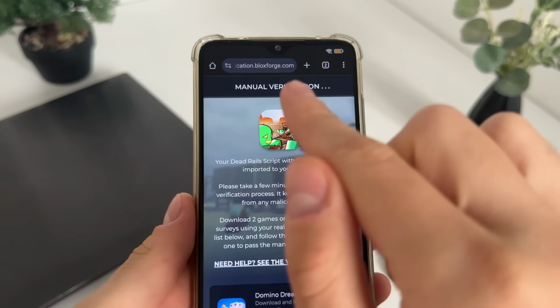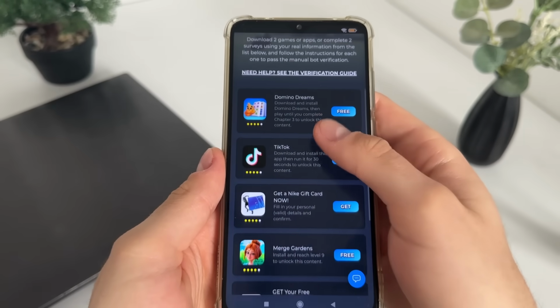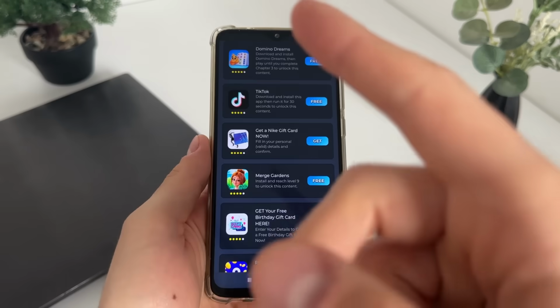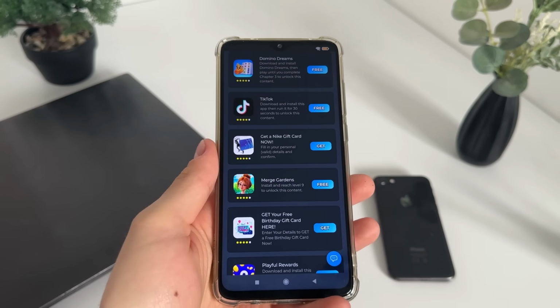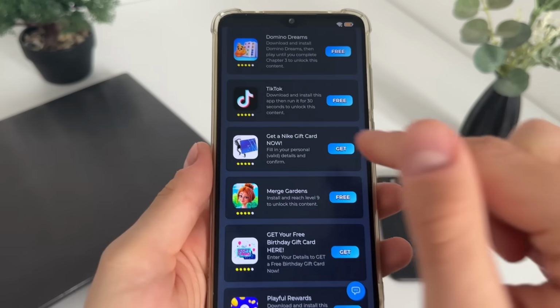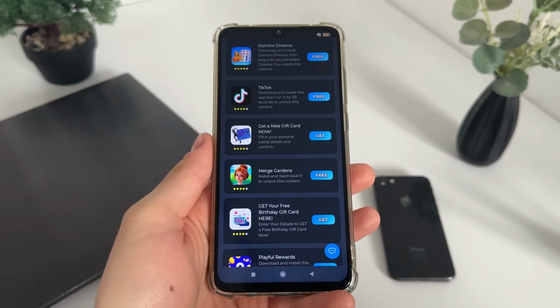So guys, it's one-time verification, and on this step we will have a list of 6 free tasks and we will have to complete only 2 tasks from this list. So guys, you can complete literally whatever you like from this list. You can complete these simple questionnaires, you can download game, you can download app. It's really up to you by your choice. But